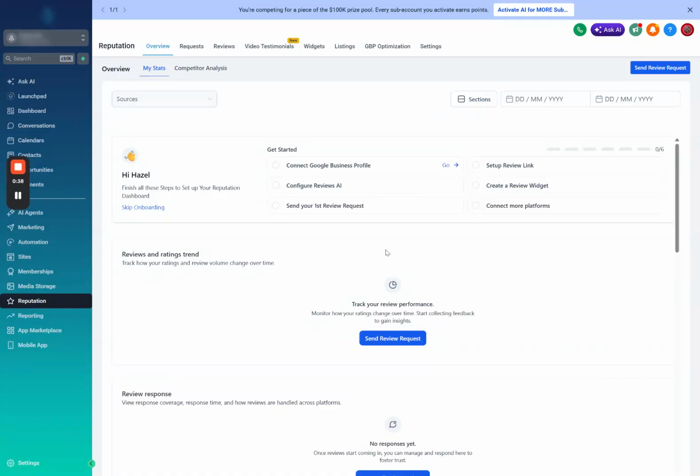If you have a trusted virtual assistant or assistant who already has administration or owner access to your Google Business Profile, they can also complete this step on your behalf. For your security, we do not recommend sharing your Google password with anyone. Instead, you can either perform the connection yourself or grant the appropriate access to someone you trust.